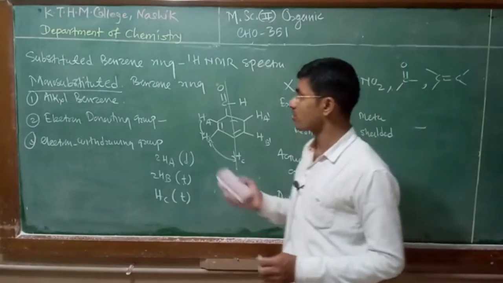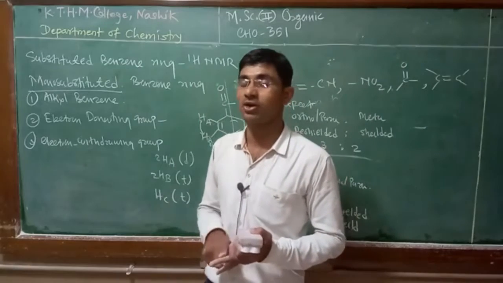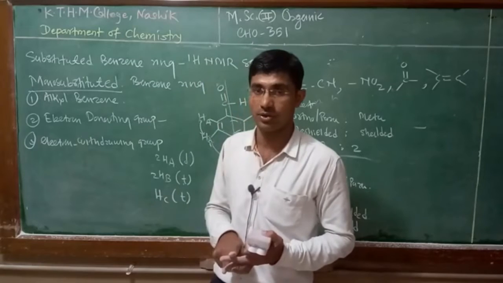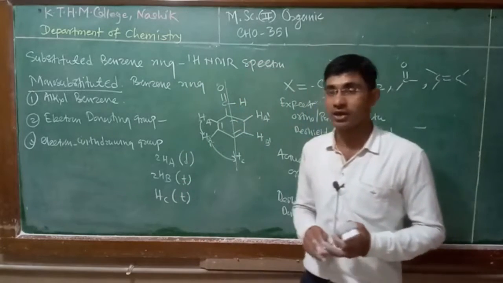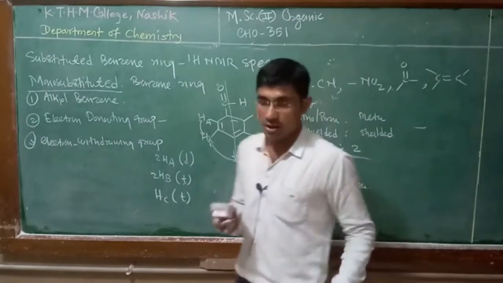So this is about monosubstituted benzene rings: alkyl benzene, then strongly electron donating, then strongly electron withdrawing groups. Like this we observe the situation in the 1H NMR spectra of these compounds. So next is